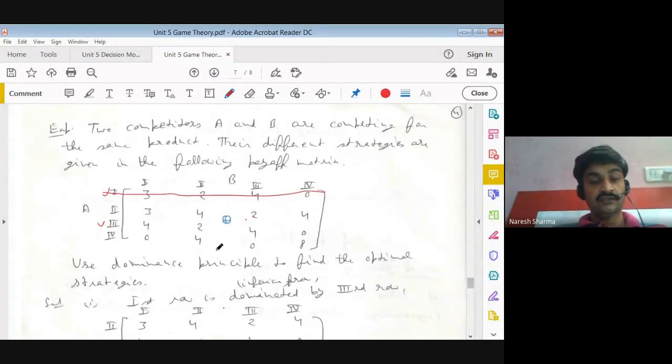If you see column wise, from this third column, your first column value 3 is superior, and here this 4 is equal to 4 and 0 is equal to 0. So if you see in this first and third column, column 1 having all values superior, that means column 3 dominates column 1. So in column we delete the column which has all values superior or equal. So this is the superior one, so we can delete this one.